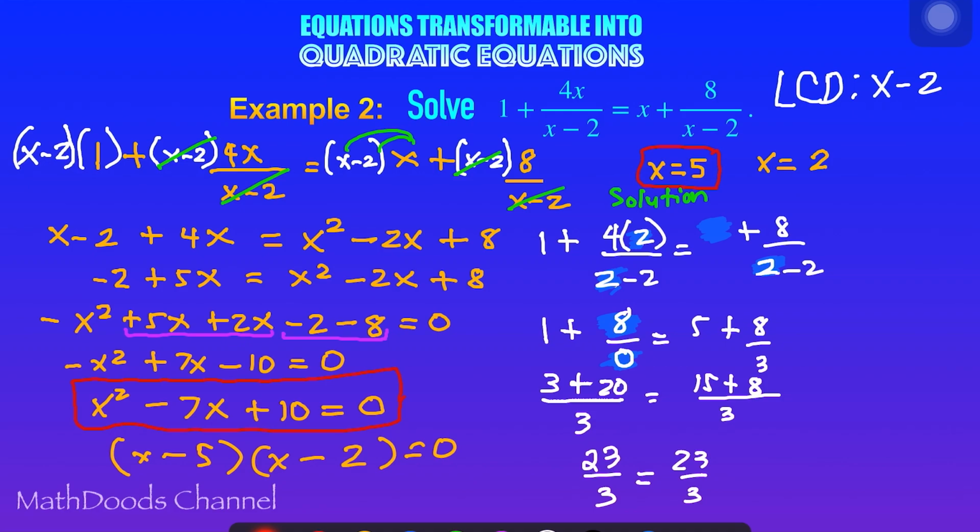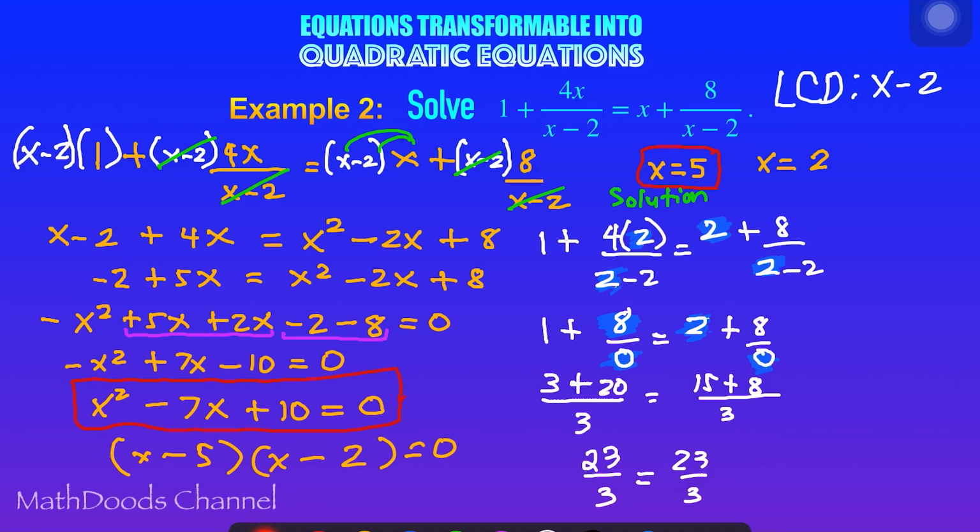Sa kabila, ito ay 2. Nawala yung 2. Ayan. Magiging 2. 2 minus 2 is 0. So, yung 3 magiging 0. Ayan. So, ang 8 over 0 is not